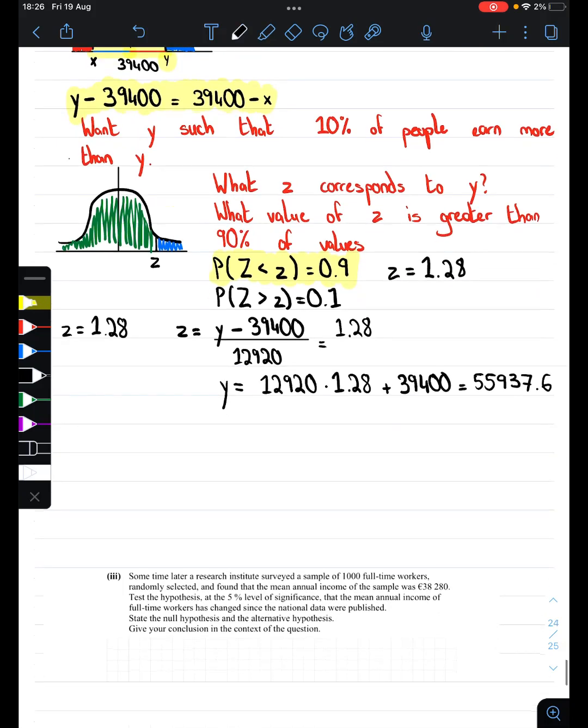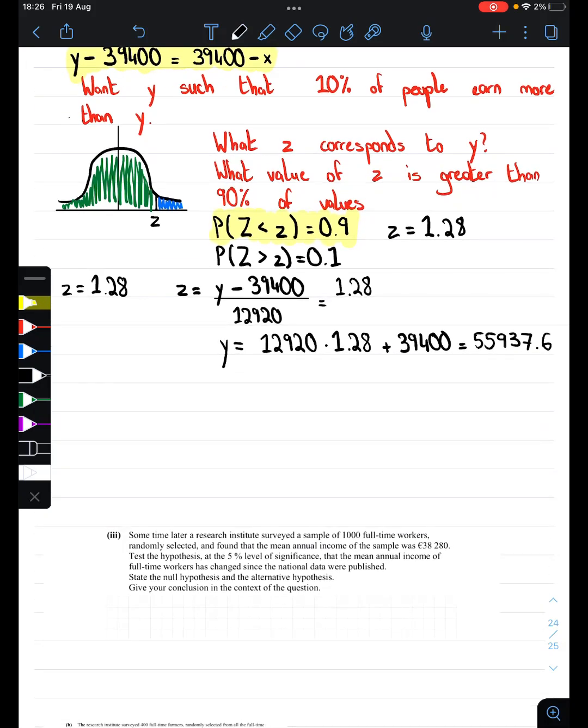So now if we use this formula, 55,937.6 minus 39,400 is equal to 39,400 minus x. So then we can solve for x,